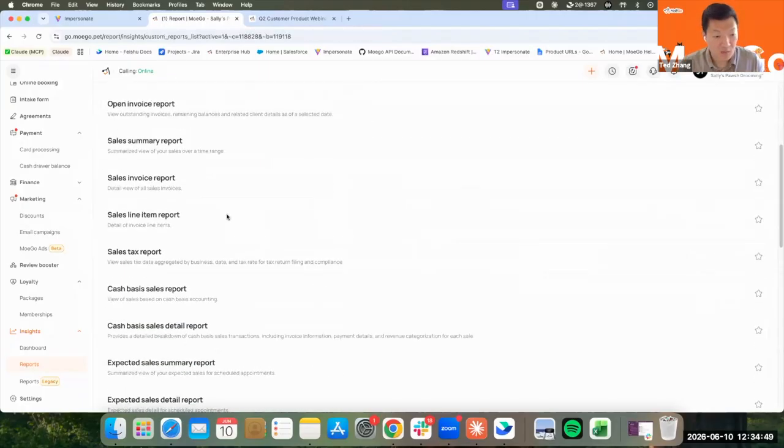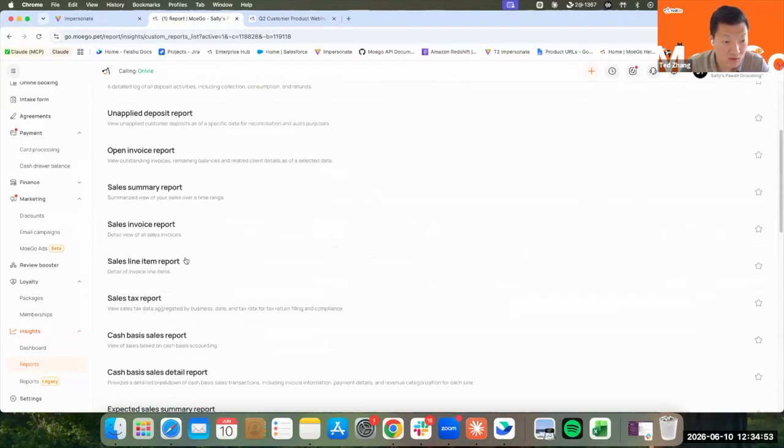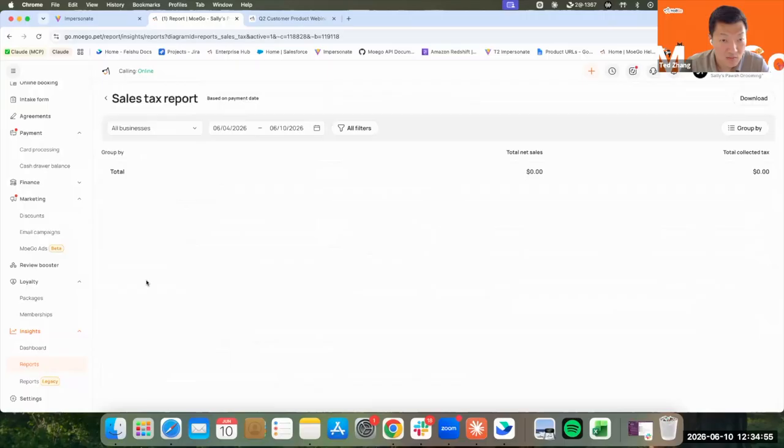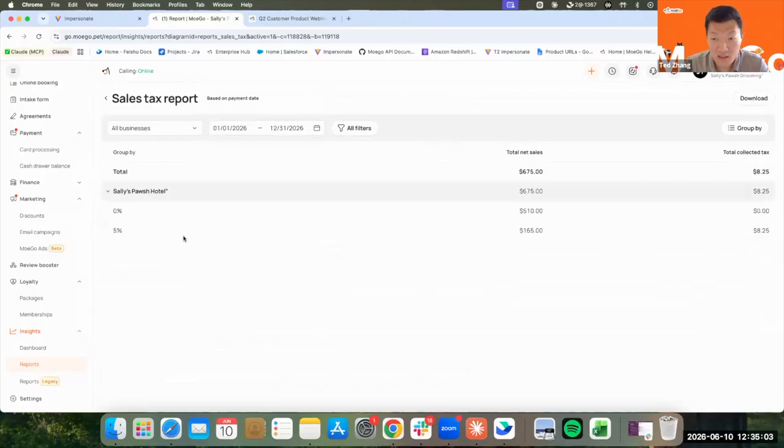And then with that, I want to dive into our sales tax report. So here we're going to jump into our sales tax report. Basically, I could do it for this whole year. And what we can do here is it shows, based on the particular tax rate, what was the total net sales that were attributed to that tax rate, and